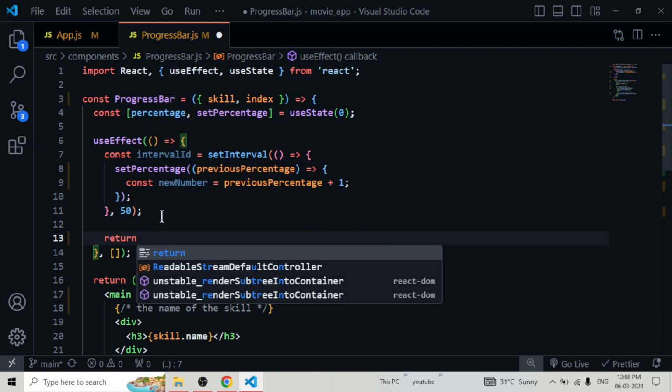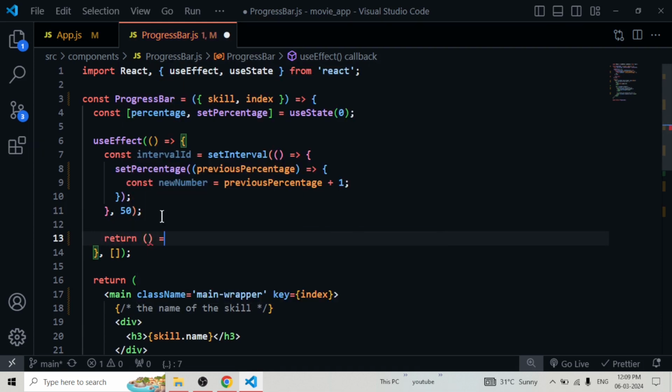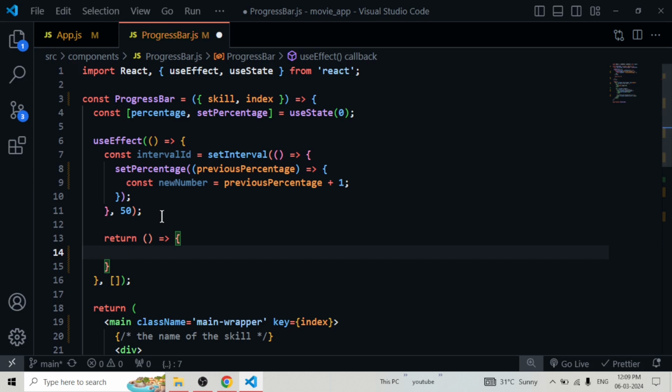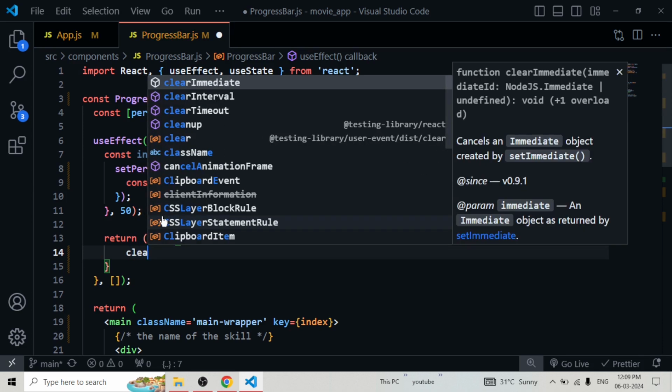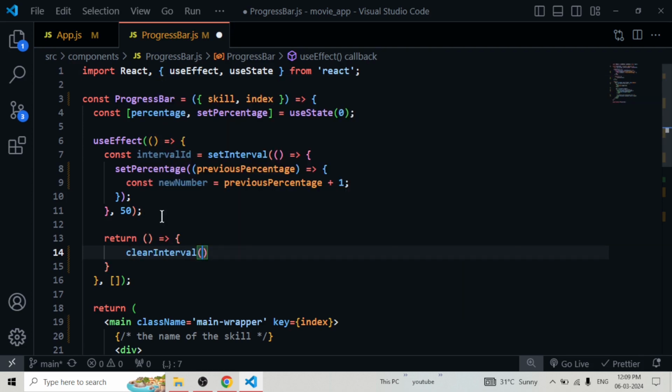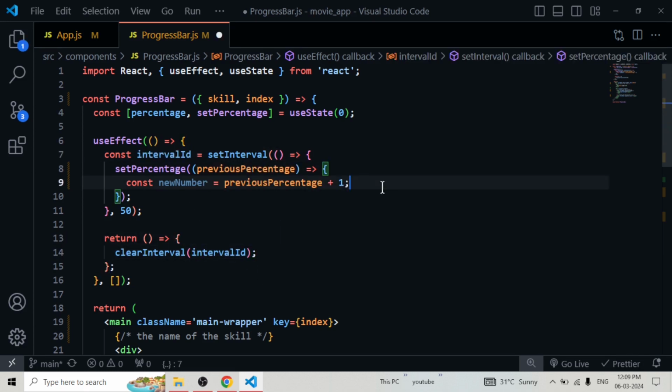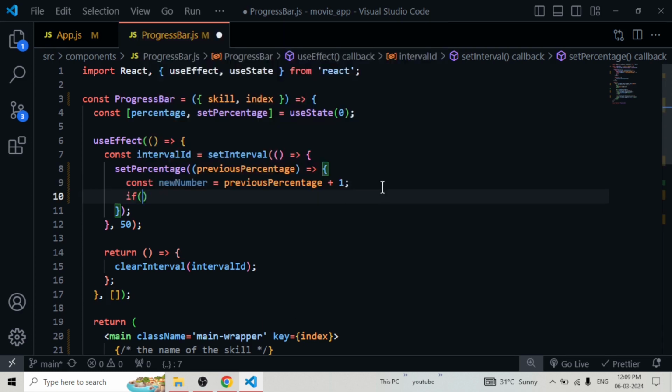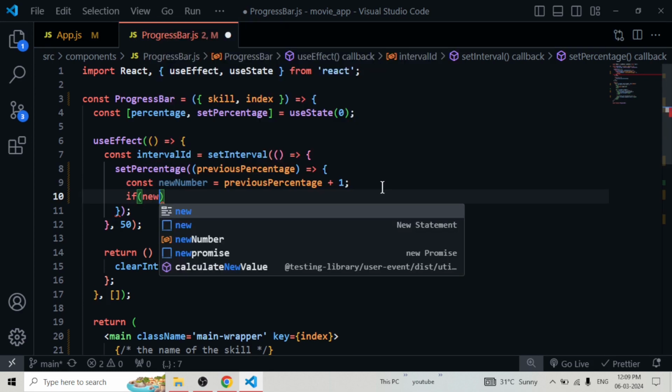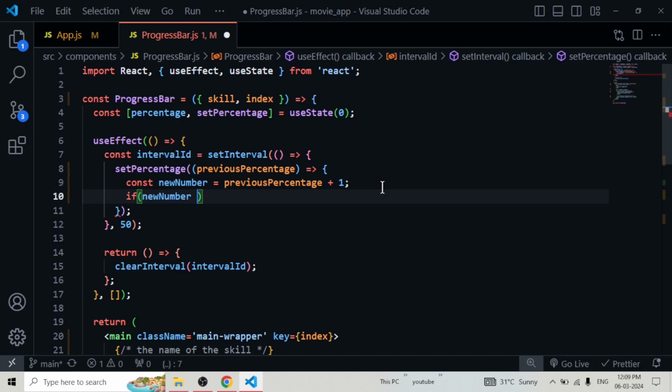So what I'll do is I'll come down here and I'll say return clear interval, and I'll just pass this value here. Okay, I'll save this. So next I'll say if new number is greater than or equal to skill